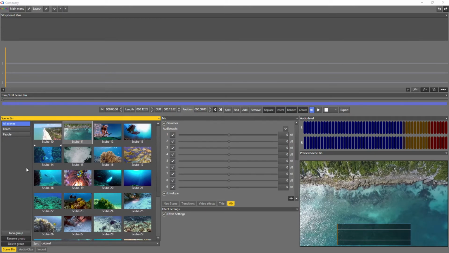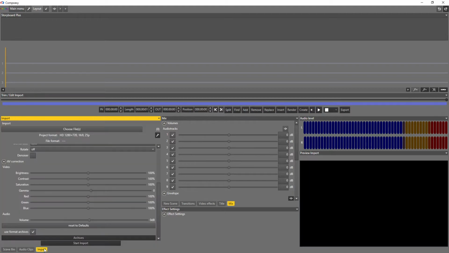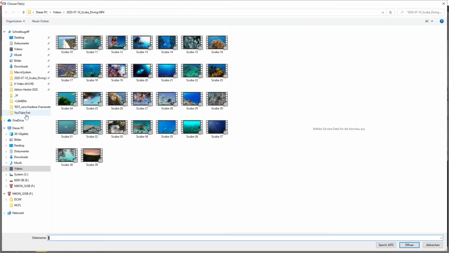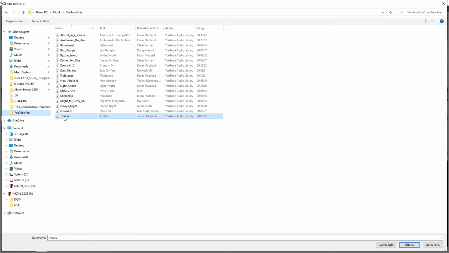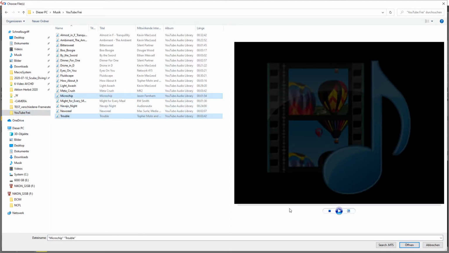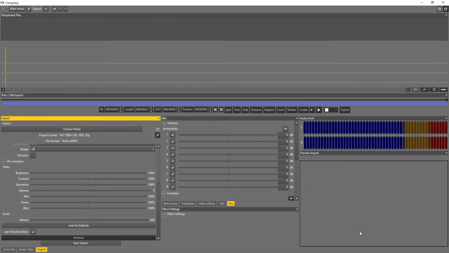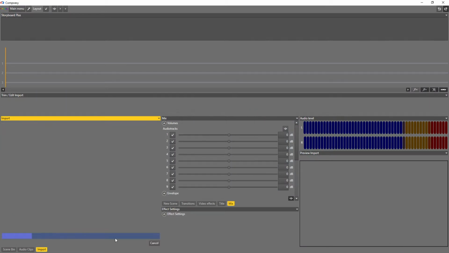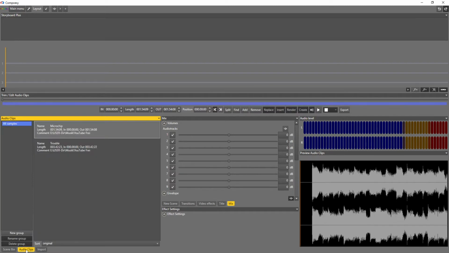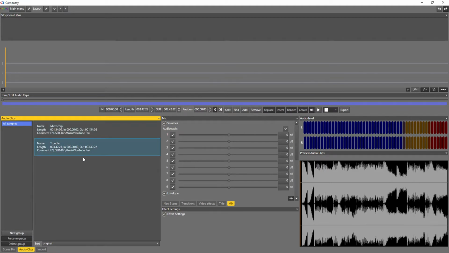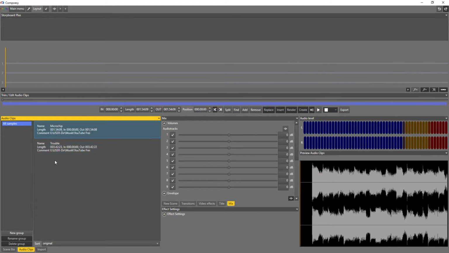Handling audio is done equally. We'll go to the import, choose the files, select some audio footage and start the import. The audio clips will be shown in the audio clips bin and handling is equal to video scenes.